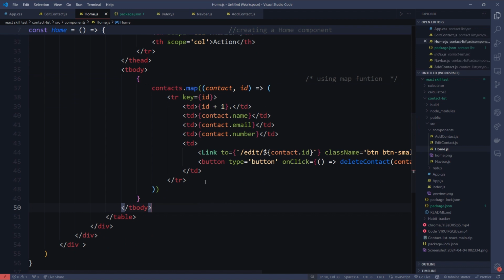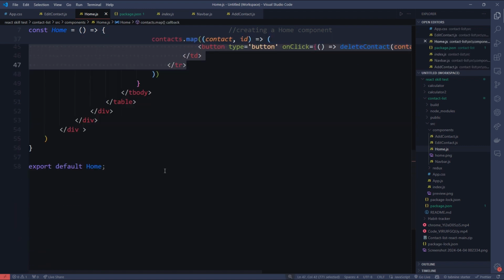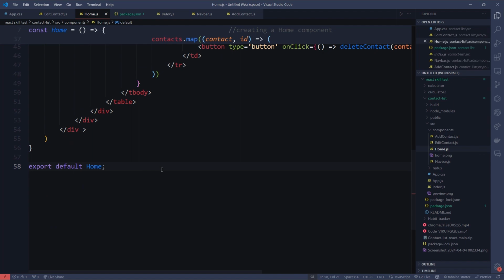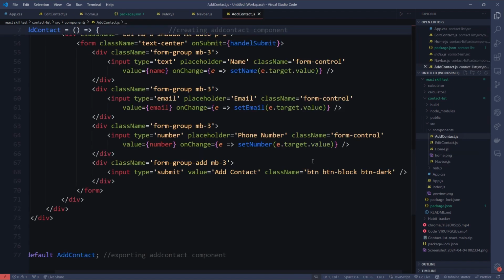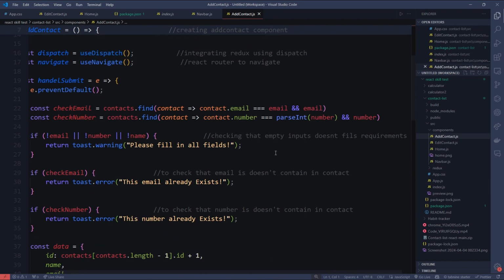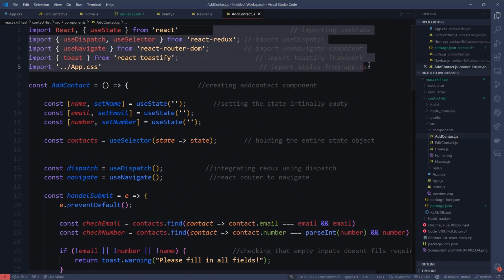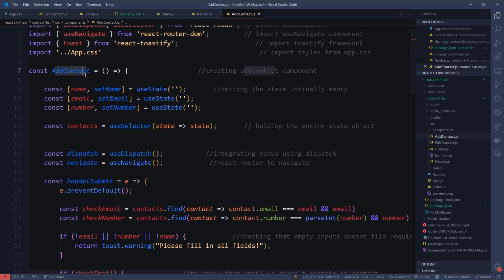That means we don't know whether the API contains data in thousands or hundreds or in numbers as it is. So I just used a map function to map all the details, and I implemented the map function here, and I simply exported the home component. Then we created an add contact component. In this component, at first we imported all the required libraries and styles, and we created an add contact